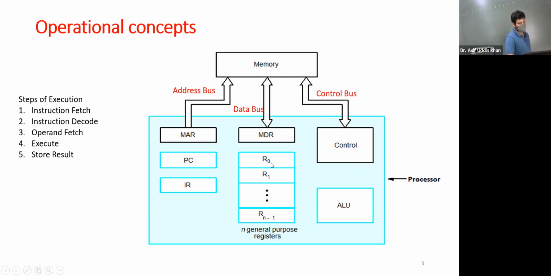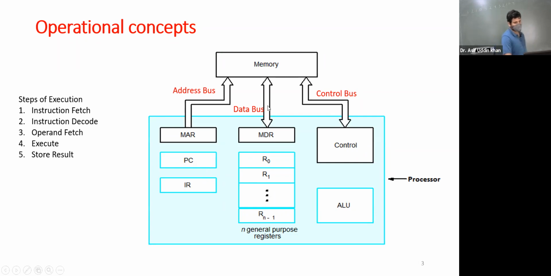General purpose registers like R0, R1 up to Rn-1 are used to store data temporarily, so these registers are used by the ALU for storing data temporarily. PC gives the address of the next instruction to be executed. IR stores the instruction fetched from the memory. Whether it is instruction or data, whenever anything is fetched from memory, it comes to MDR. Then from MDR the instruction goes to IR, and from IR it is taken by the control unit, decoded, and then executed.